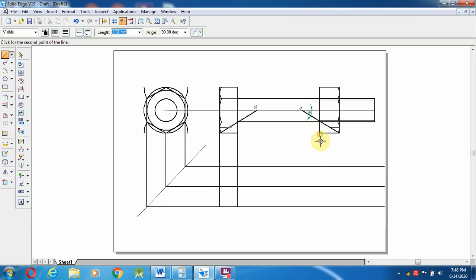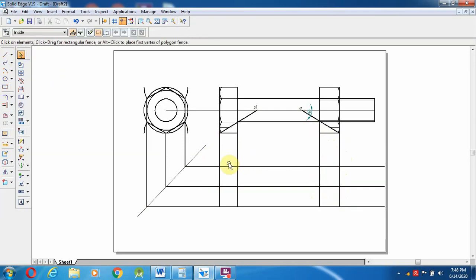Same like from here, a straight line, and from here to here, from the end of the line to here, and one more line. So why? Because from here to here, these are all the projection lines. So for that I am going to draw two lines. Those projection lines I am going to make as a 0.13 mm line.